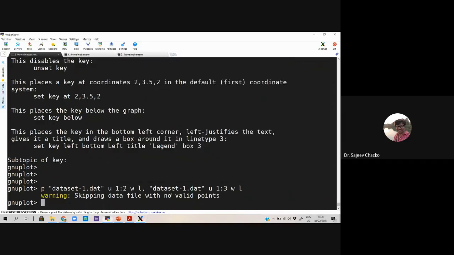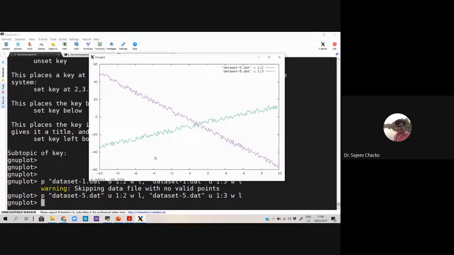Oh, sorry, it's not there in data set 1. It's in data set 5. It's exactly the same file name, but now two different columns. Column number 2 is the first curve. Column number 3 is the second curve.